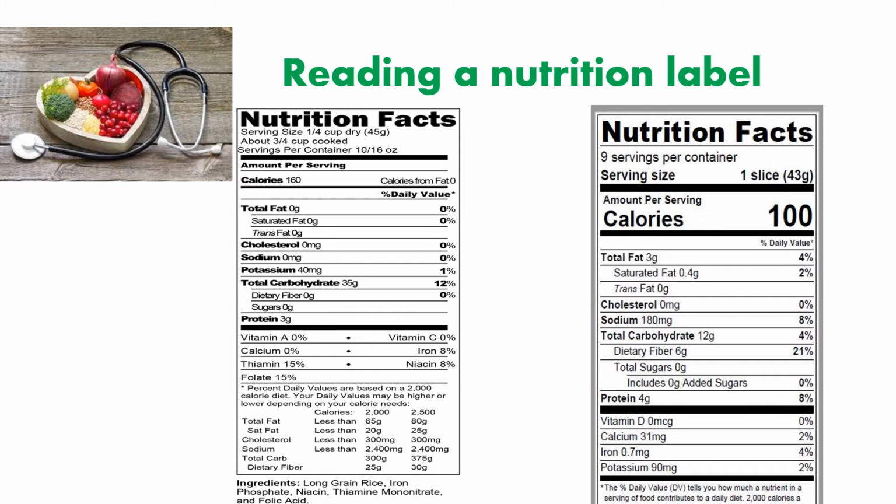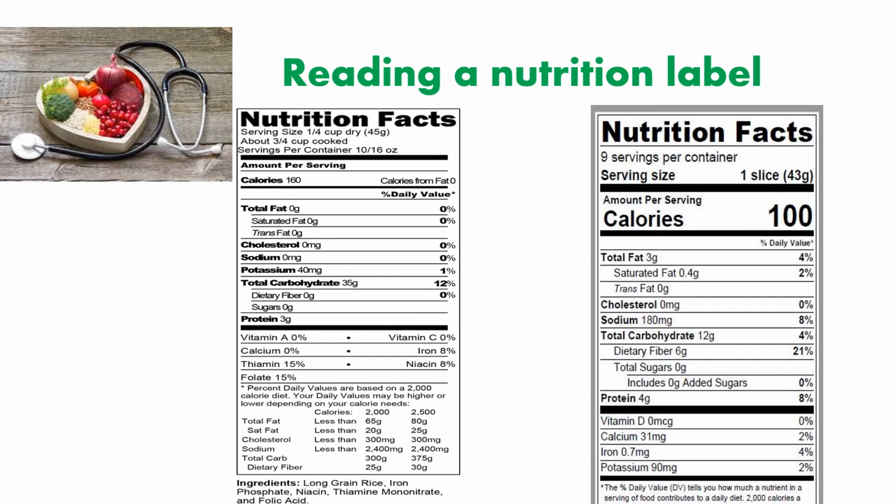And then the main thing in bread, of course, is the carbohydrates. So if you come down to the total carbohydrates, it's 12 grams, and that's only 4% of your daily intake. And so 2 slices would be 24 grams for 8% of your daily intake. Now, the nice thing here is with this particular bread, you are getting some fiber, 6 grams, 21%. So this must be a whole wheat